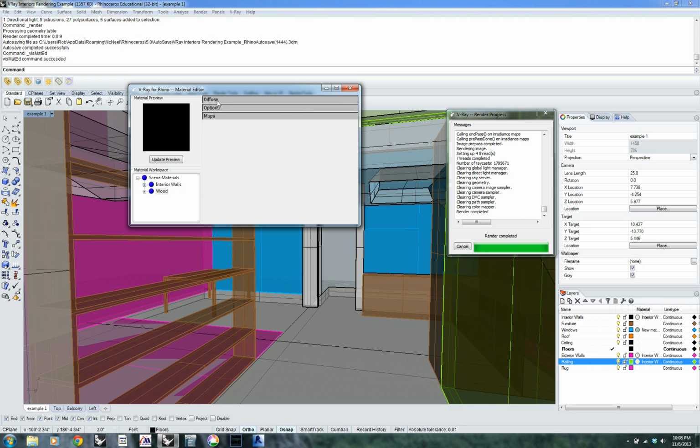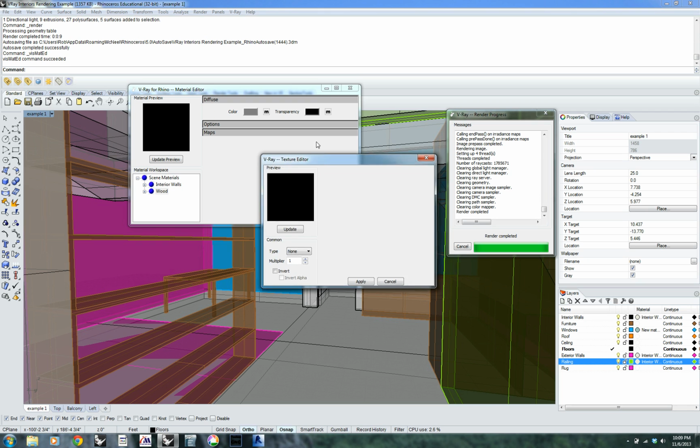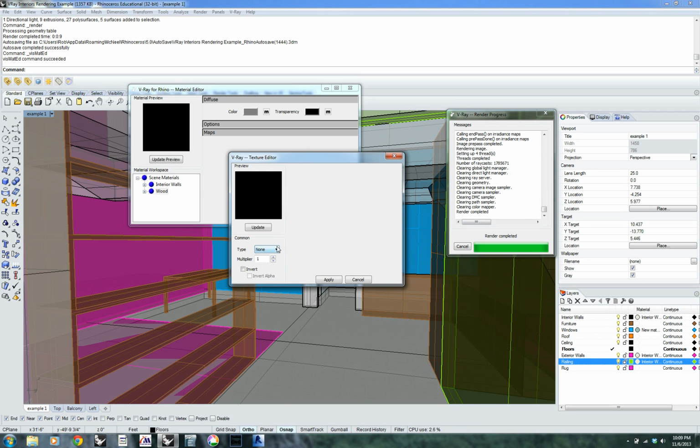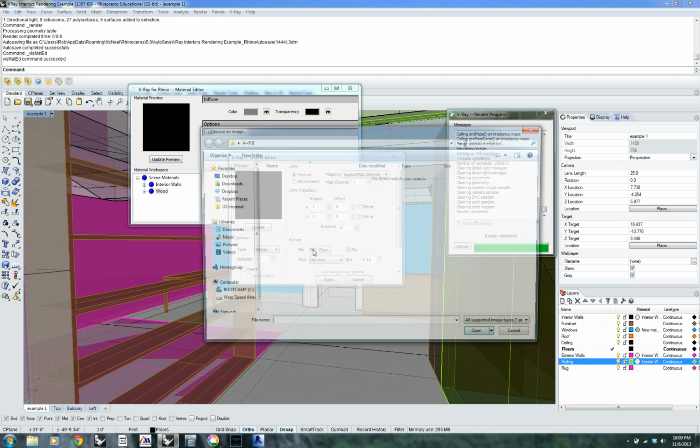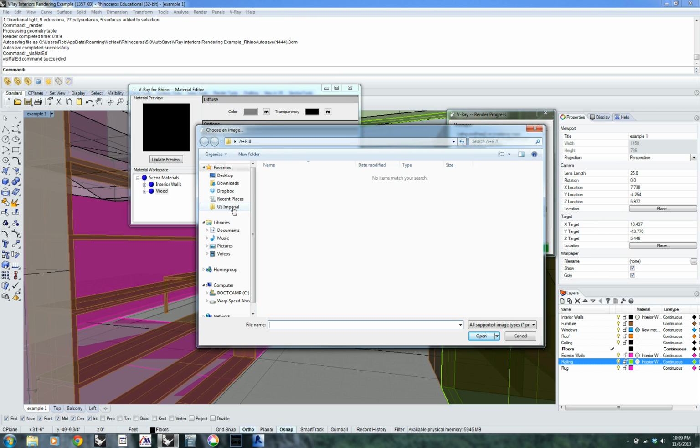Okay, so come to diffuse, and I'm going to click on this little lowercase m. That means there is no map applied, but if you have a capital M, that means there is a map. Okay, so click on that. I'm going to come over here and go to bitmap. And then I'm going to go in one more level here, click on this M again, and I'm going to bring up